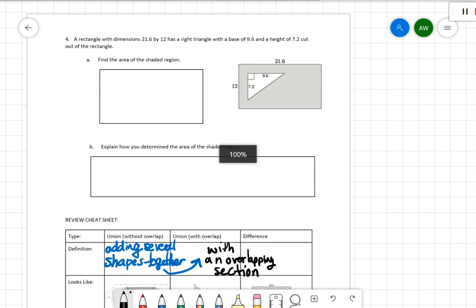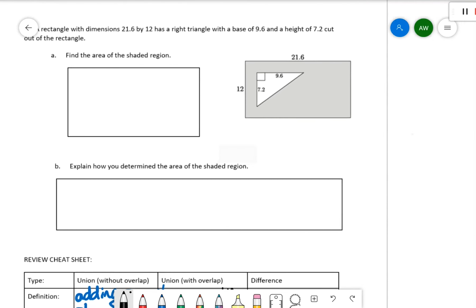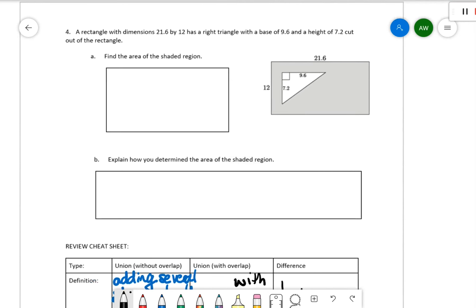Now let's move on to our final example. And this is what we call a difference. So a difference is where we have one shape taken away from another shape. In this instance, we have a large gray rectangle, and we're taking away a triangular portion. So to find the area of our rectangle, we're going to use the area formula, length times width,